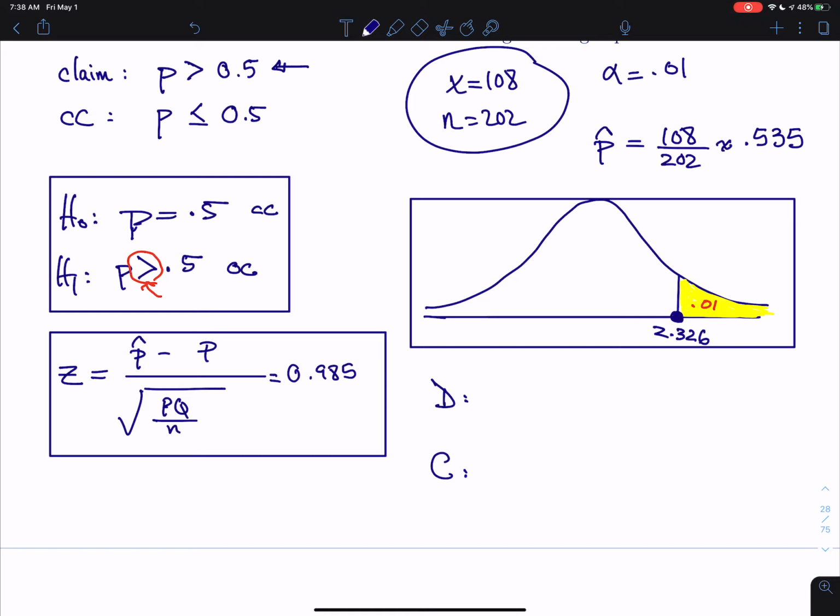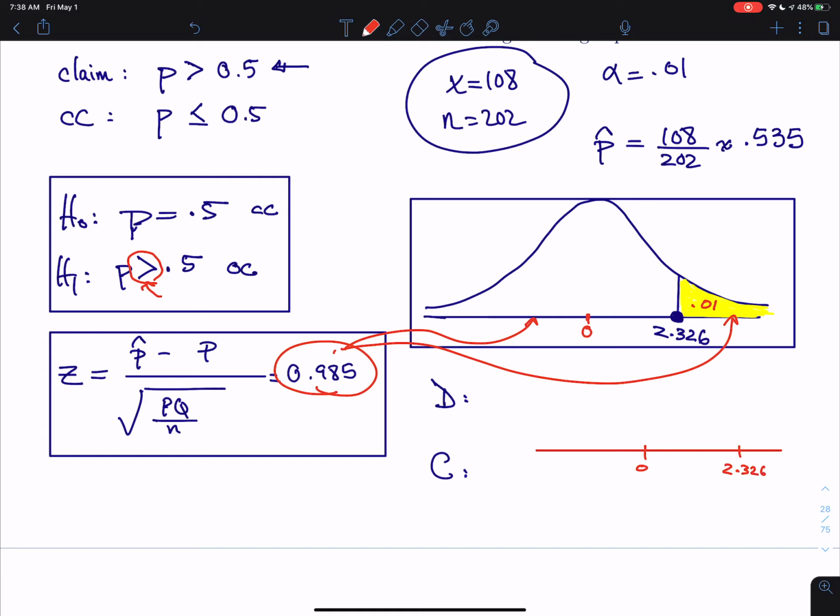Now my fourth step would be to draw a decision and then come up with a conclusion for that decision. Now the decision has to do with this test statistic and whether it lies in this non-rejection region or it lies in the rejection region. That's the question. Now if you remember, the middle is 0, so again I'll draw the number line here on the side. If that's 0 and this is 2.326 and this is the z-axis, whereas 0.9 will be somewhere there,